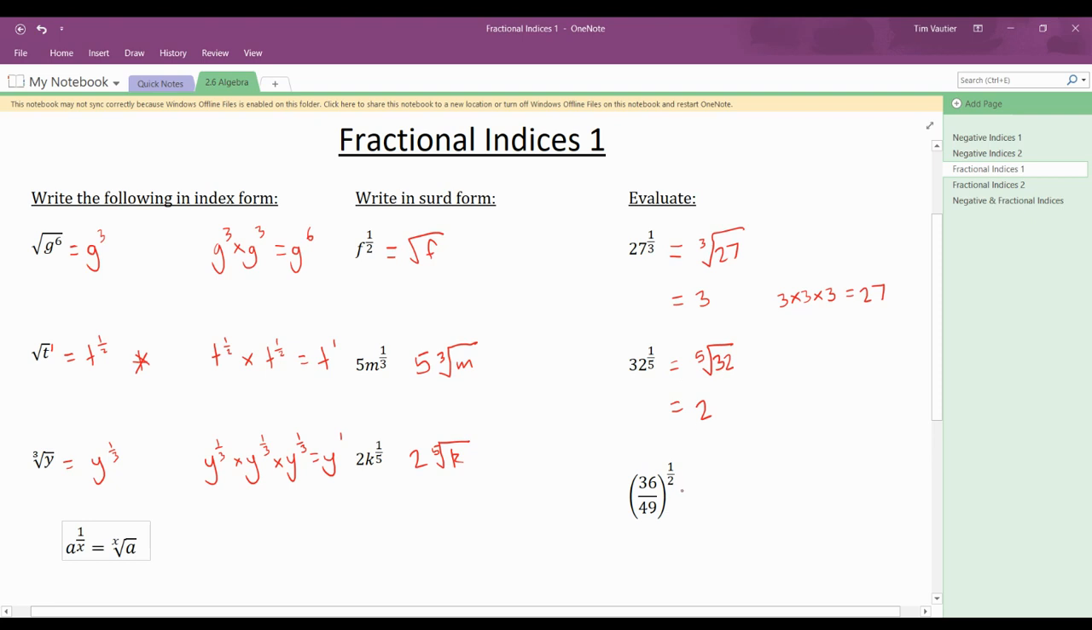And this last one here, a power of 1/2, remember that means it's square rooting. So we're square rooting the whole of 36 over 49. And if we have a square root over the whole thing, that means we're square rooting the individual numerator and the denominator. So square root of 36 is 6, over the square root of 49, which is 7. So that